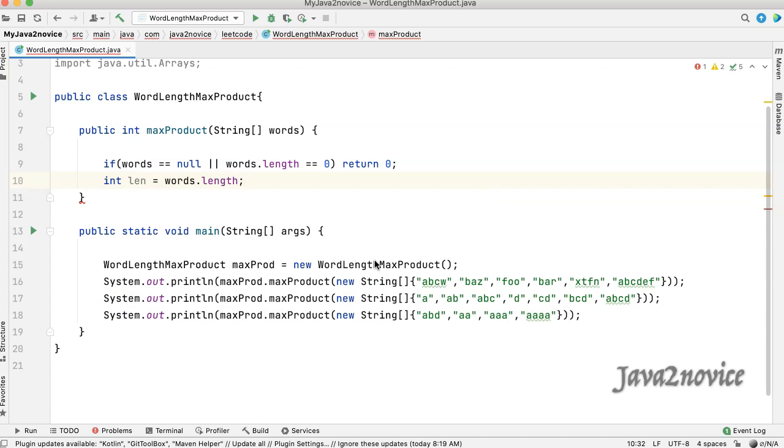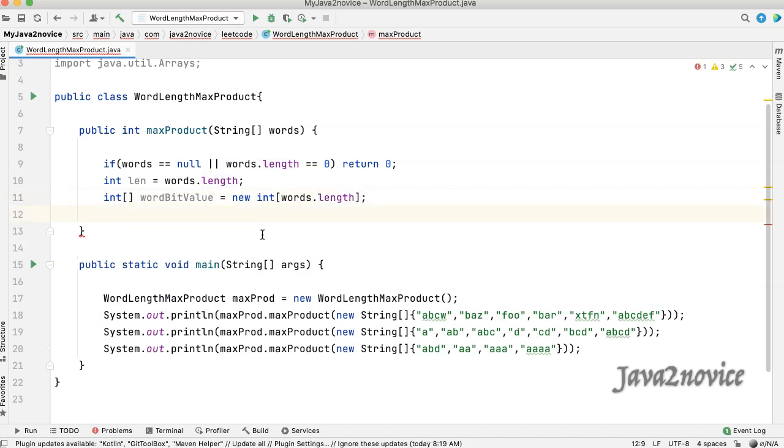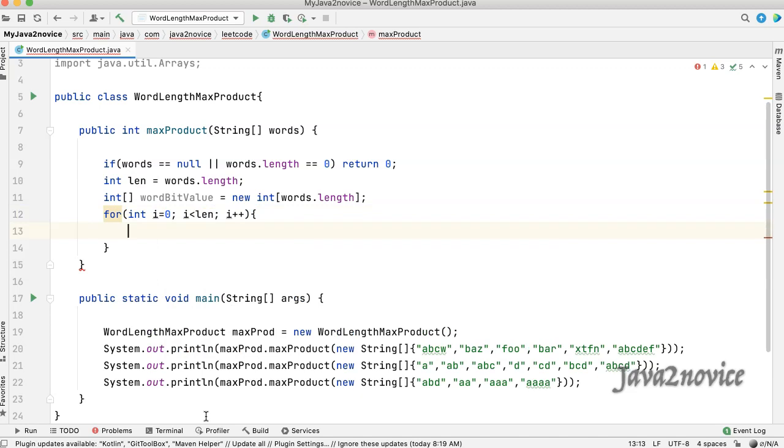We will declare an array which holds the bit set integer value of each input string. Let's use a for loop to iterate over the input array. Now we will calculate the bit set integer value by taking each character.